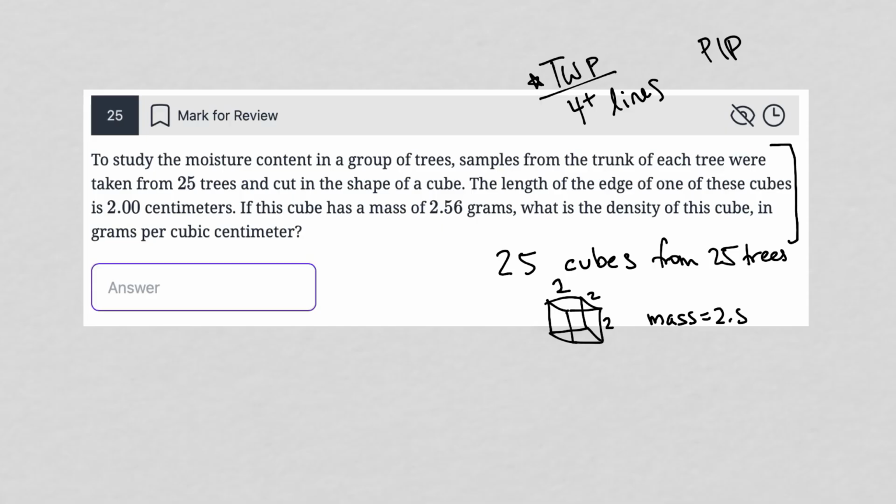2.56 grams, what is the density? So here's the actual question. What is the density of this cube in grams per cubic centimeter? Right, so density